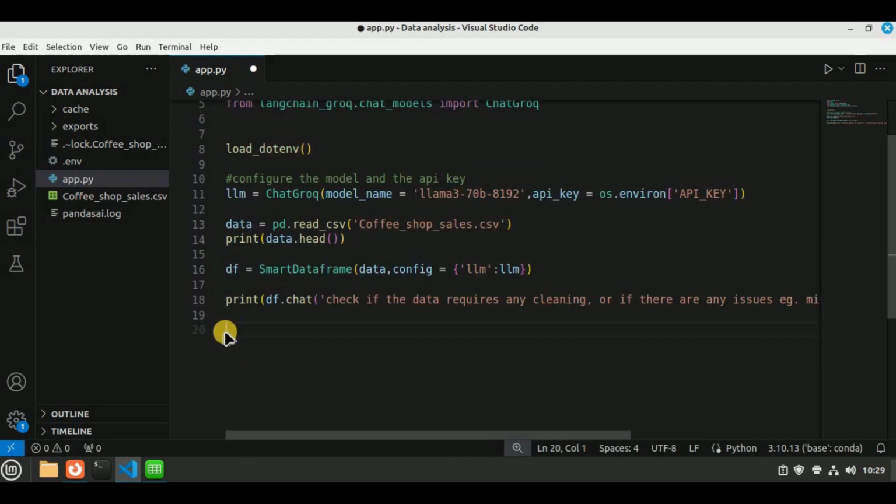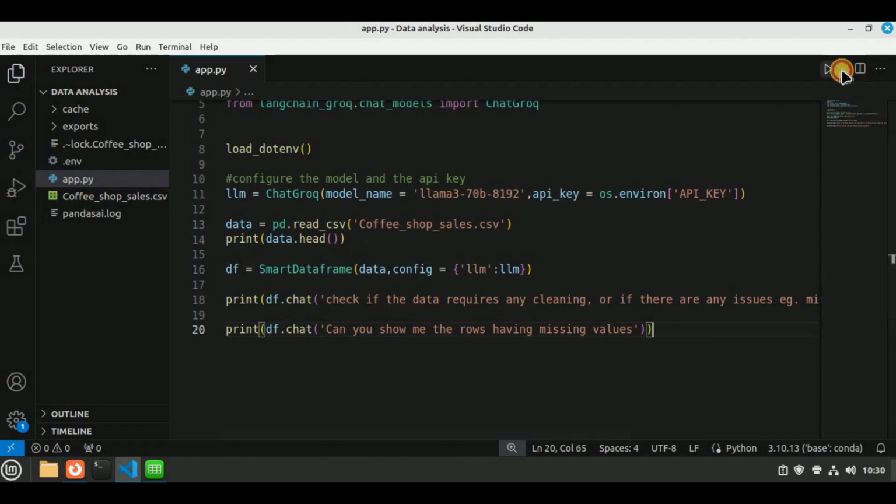Since our dataset is very large, it is very difficult for us to look at each individual row and find any missing values. So now I'm going to try asking Llama 3, can you show me the rows having the missing values, and see if it is able to do that or not. If it highlights the rows having the missing values, then it will be very easy for us to remove the missing values from our dataset.